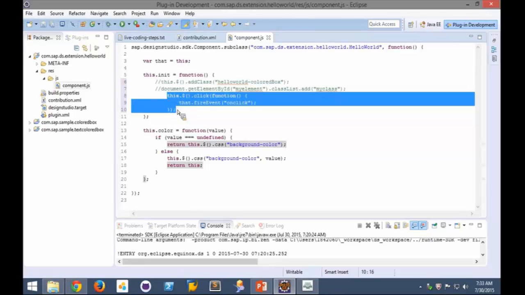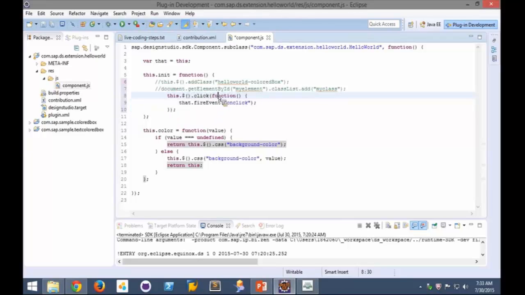And like I mentioned, there is a way for us to execute other functions when a user clicks on it. For that, you would need a click handler for the component, and we are using jQuery to attach a click handler for our component. All this is done during init because we typically just have to run this once before the component is initialized